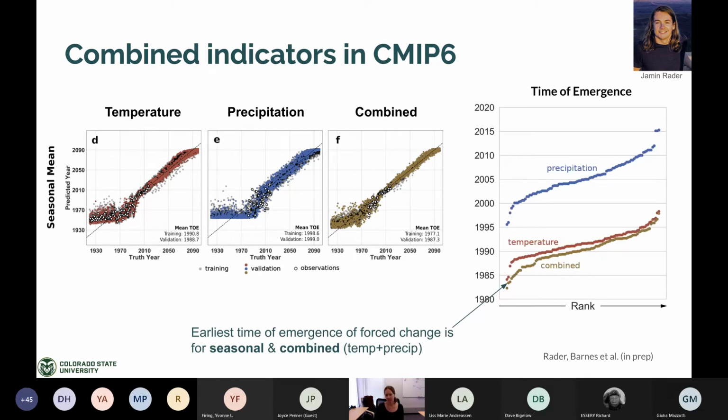And indeed, it turns out that if you do this many, many times with many, many different neural networks, in almost every case, the combination of precipitation and temperature information has an earlier time of emergence of the signal. That is, the detection of these patterns happens faster. Again, this is not surprising, but it's showing how neural networks and machine learning can help us find those indicators earlier.